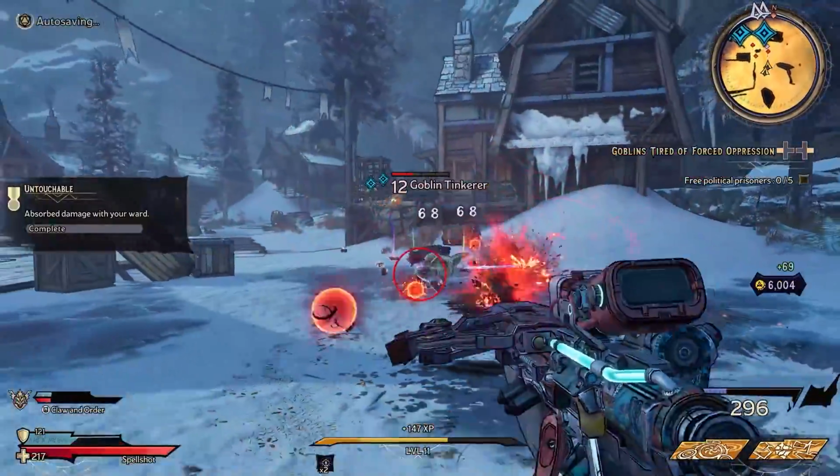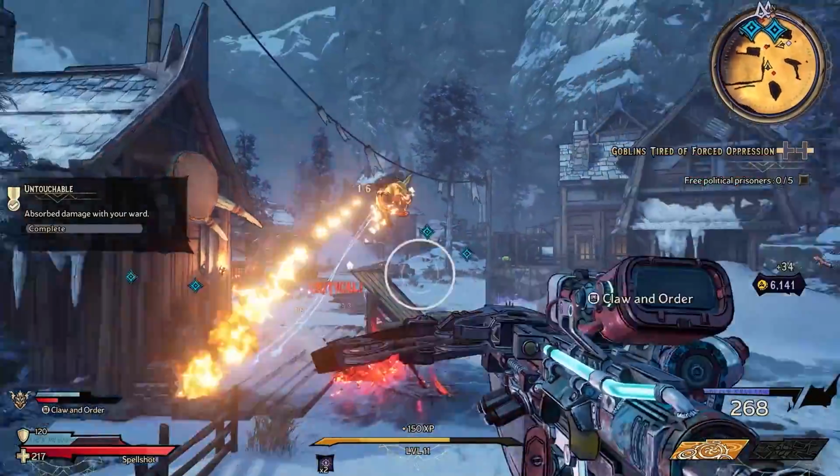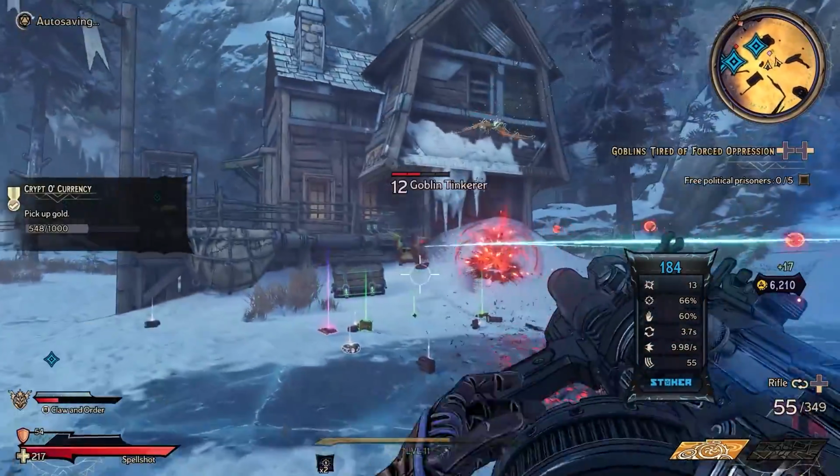Today we're going to be talking about Tiny Tina's Wonderland, and there are a total of 6 different classes in the game. Today we're going to be breaking down which class will suit your playstyle and what you should consider